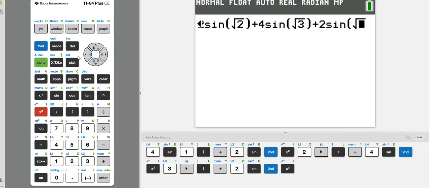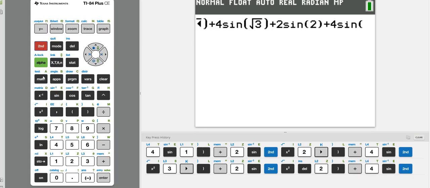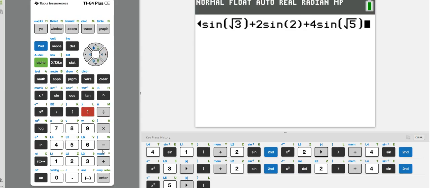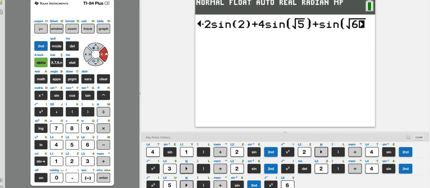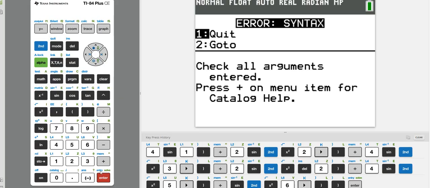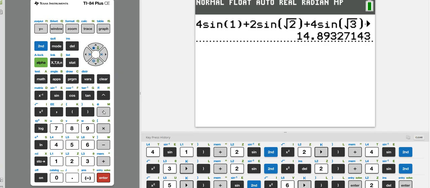We'll just make that a 2. Plus 4 times the sine of the square root of 5. Plus the sine of the square root of 6. And close that all off. Actually, I don't think I need that extra parenthesis because I didn't start out with one. Let's divide that by 3,